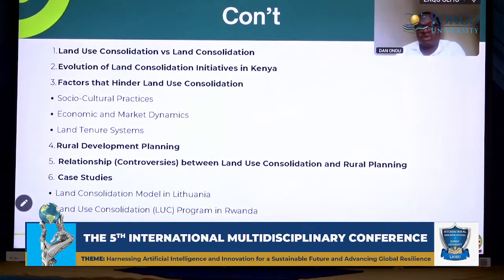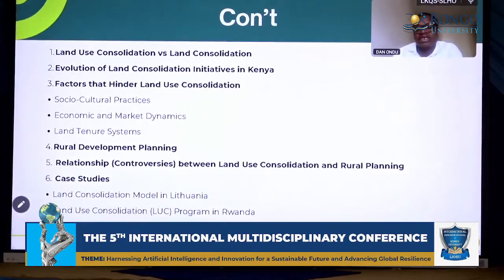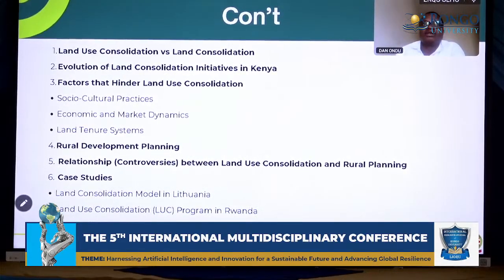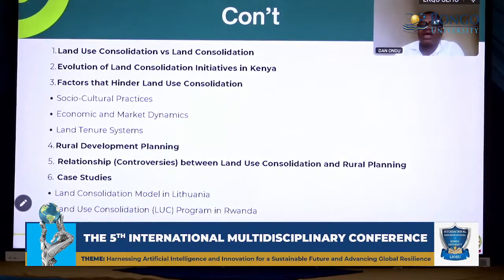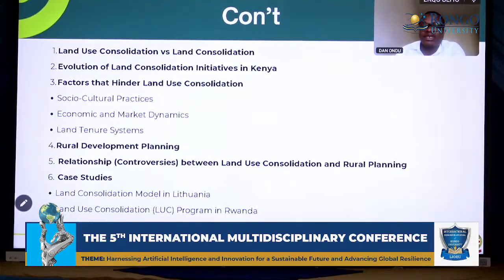The study also looked at the relationship and also established controversies between land use consolidation and land use planning. And here it was very interesting because the study established that there are a lot of studies that root for land fragmentation, arguing that it is actually more productive than unifying land uses, while others were rooting for land use consolidation as the best approach towards urbanization and also in the context of Africa. There are also studies that were in the middle ground, a little bit of consolidation and a little bit of fragmentation. They get matched together and you see the results.